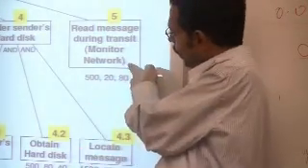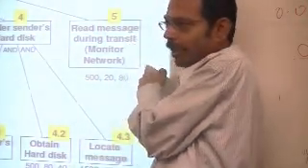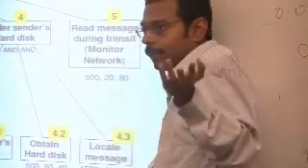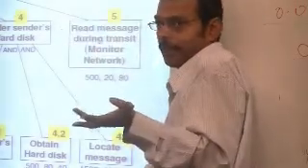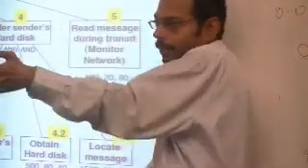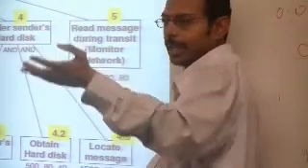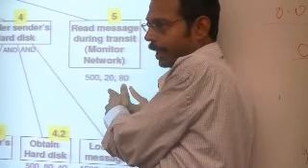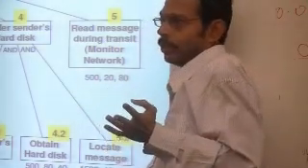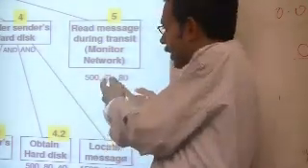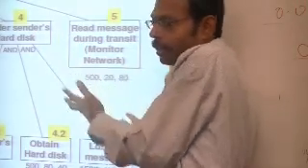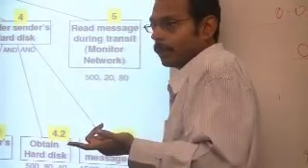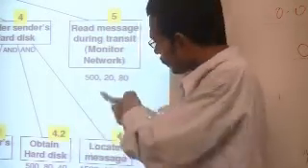So for example, here if you see, reading the message during its transit, like using Wireshark to capture the packets and looking at them, it is very difficult for someone to figure out you're doing it, right? Because they don't know that you're somewhere in the middle of the communication channel capturing all the packets. So the attacker has a very low probability of apprehension. He will not be scared that he's going to be caught. So here I have just an example, 20%, which means it's a very low probability that he's scared, which means it's very difficult for someone to capture the attack, right?